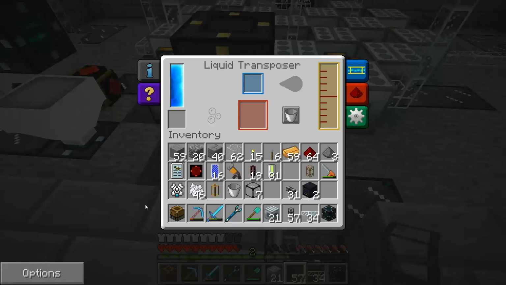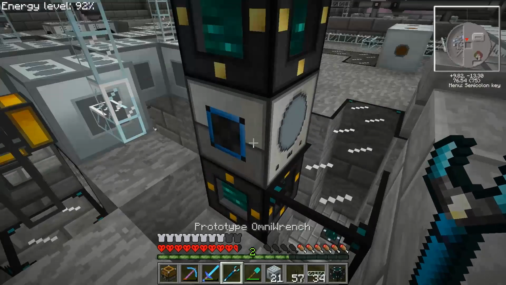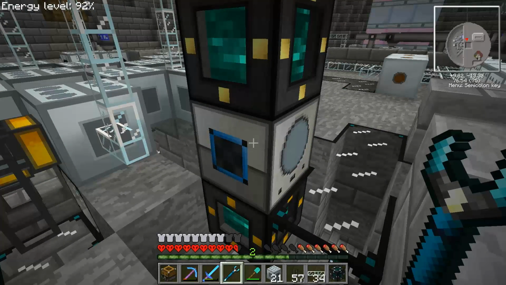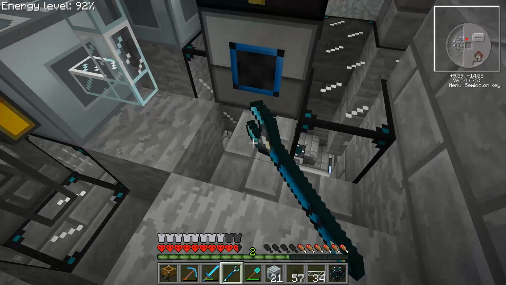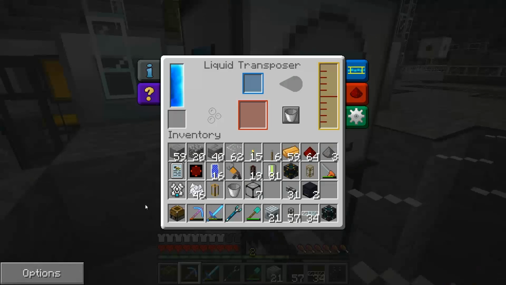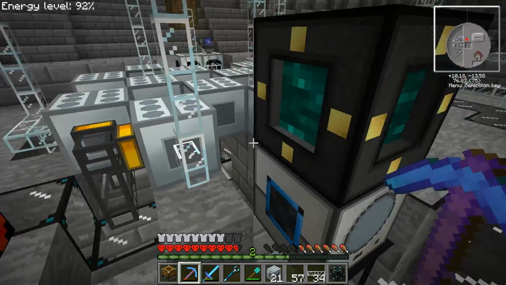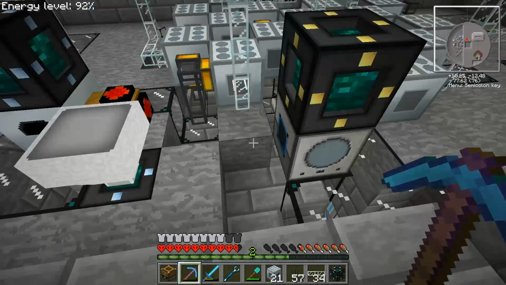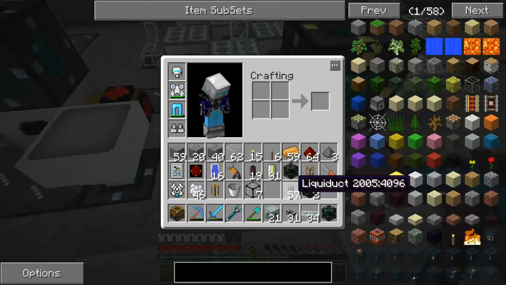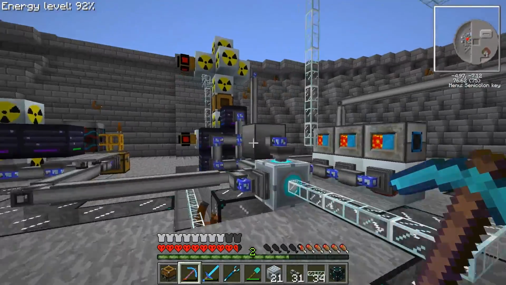So all we need to do are, well, 2 things. We need to change this. We cannot transpose liquid into here, actually. We're not transposing liquid in here, but we're transposing items. So we're going to need an item transposer, not even an item transposer, but rather one bit of the applied energistic system, and that's going to require an import bus. So let's go at the...